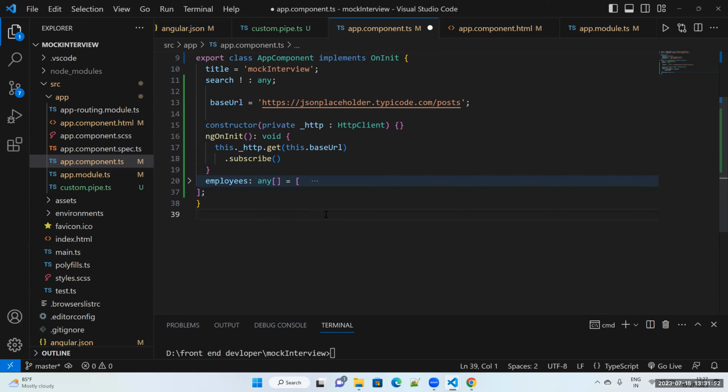So tell me how to optimize the performance of an Angular application. Hello, Raghvendra, can you hear me? Yes, yes. How to optimize the performance of an Angular application? By using view encapsulation and change detection strategy. And,